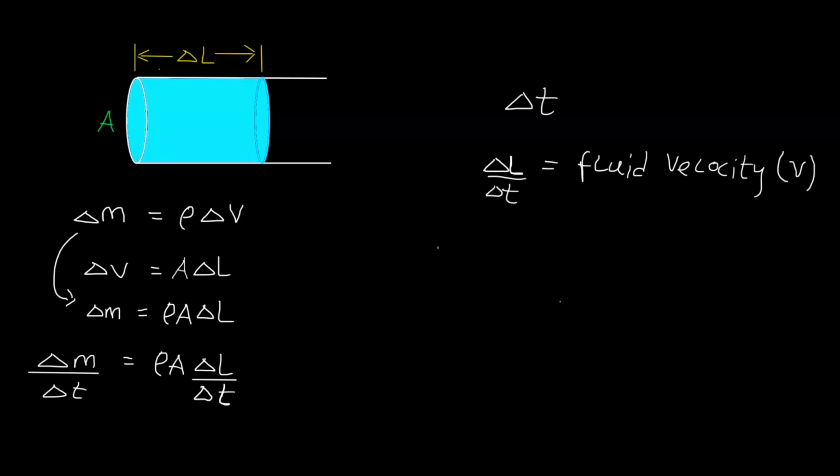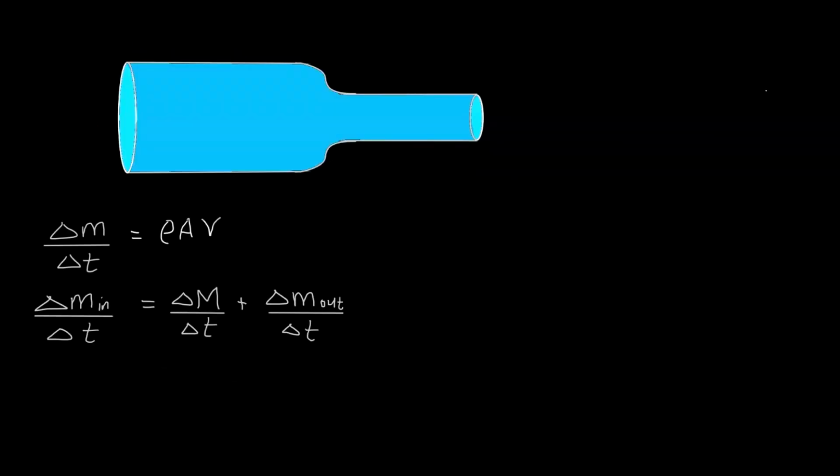So our mass flow rate equals rho AV. And this is the relationship between the mass flow rate of a fluid and its density and volume. Applying this to our continuity equation, if we call the inlet into our control volume point 1 and the outlet point 2, we can write rho 1 A1 V1, which is the mass flow rate at point 1, equals delta